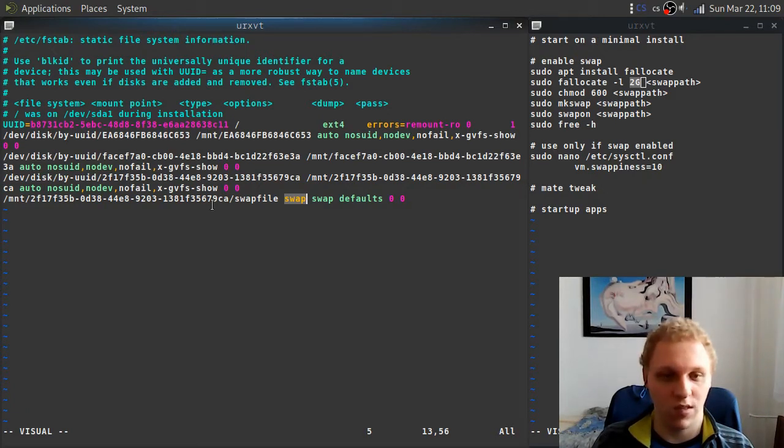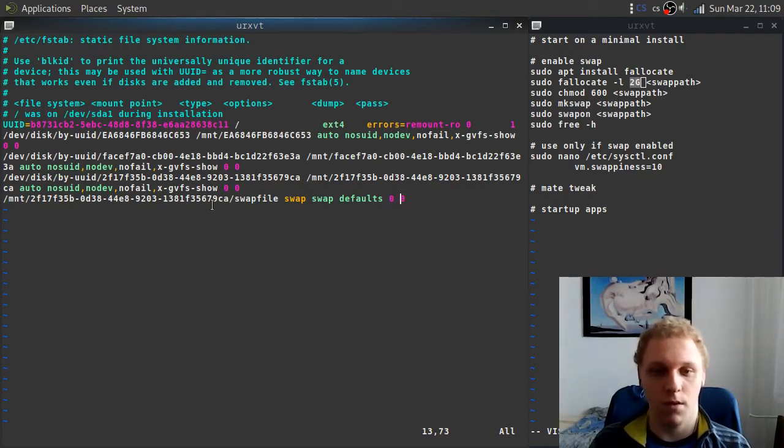Next one is the type. So the type is swap, and next we have the option. Option is default, so you want to make sure you use the system default so your Linux operating system can handle your swap. And then these two are just there for the dump and the pass. Make sure to set them to 0. I was experimenting with this before